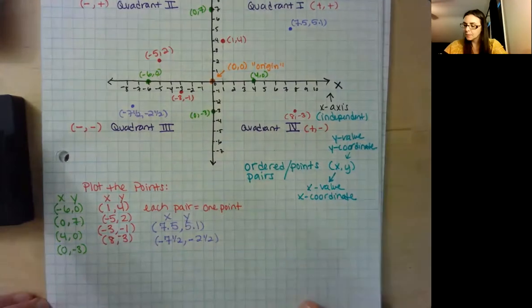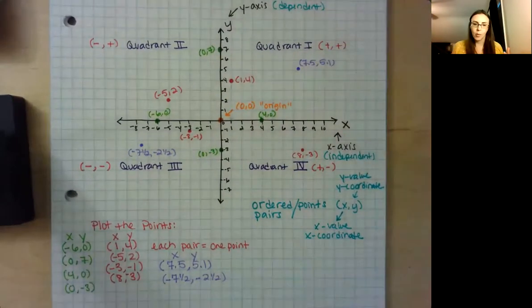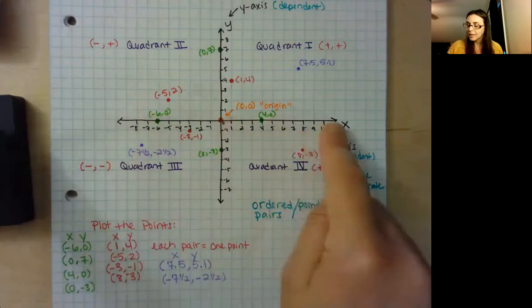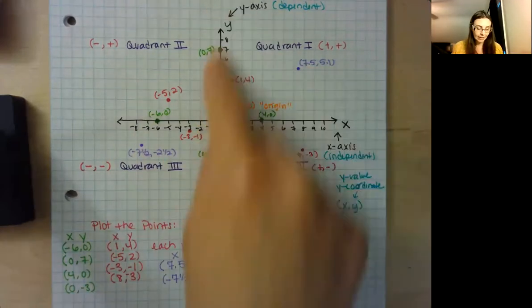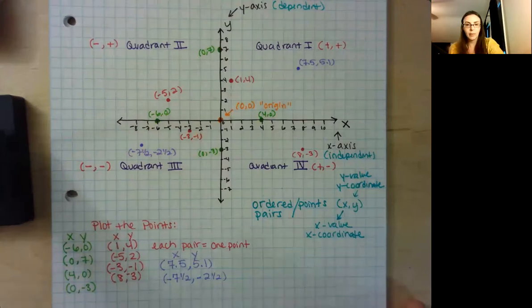So there's a few examples of what the plane looks like and how you can plot different types of points. What you always want to remember is your points are given to you with the horizontal value first and then the vertical value second. Okay. Now, another thing I want to show you, I'm going to go to the next page here,